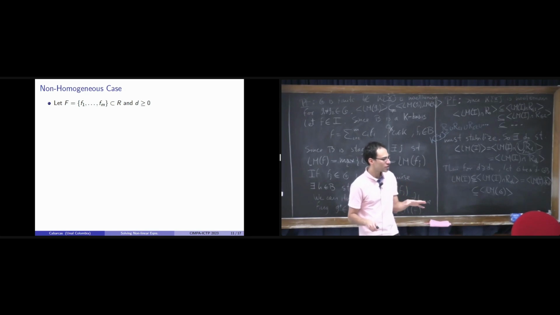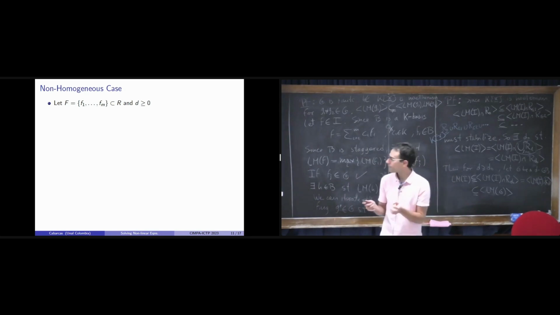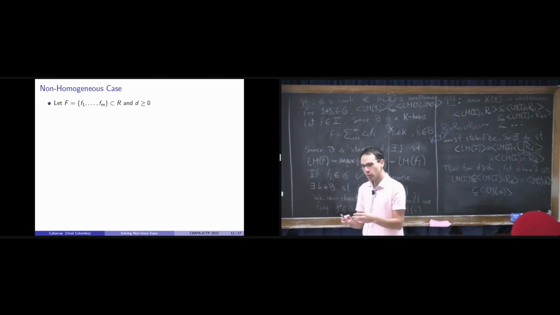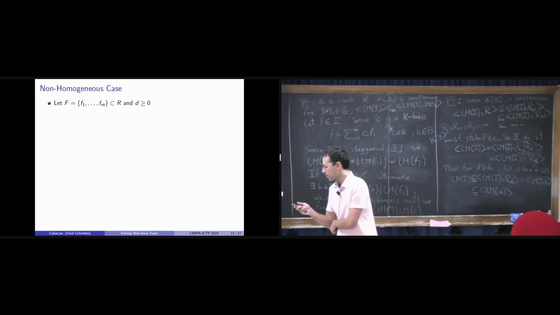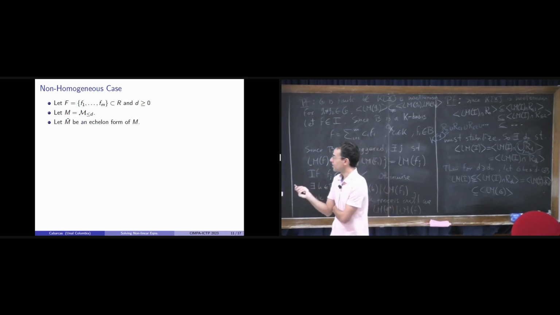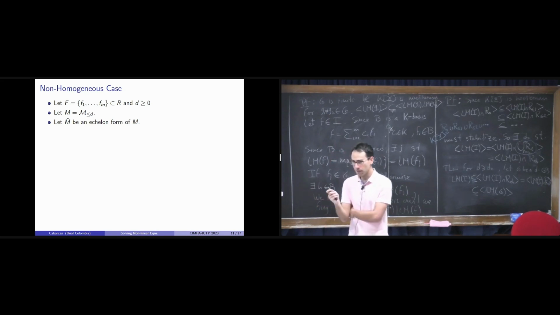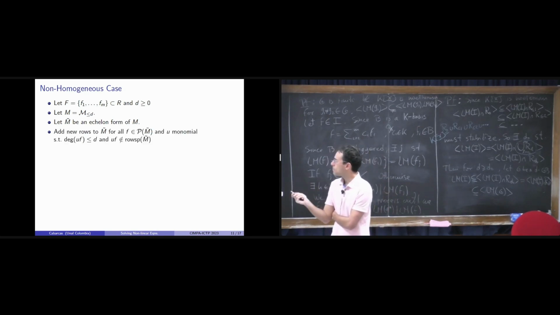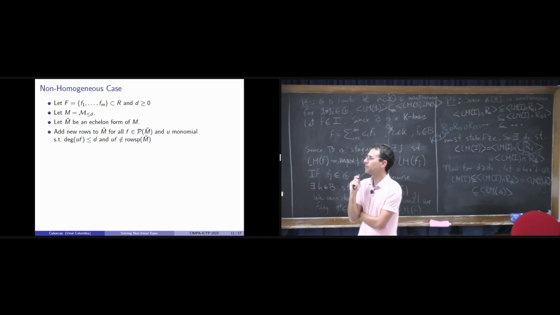In the non-homogeneous case, we have to be a little bit more careful because things drop in degree, and we can do it something like this. Let F be a set of polynomials, and let's consider the Macaulay matrix up to degree D. Let's do an echelon form on that matrix. Let's call it M tilde, and then